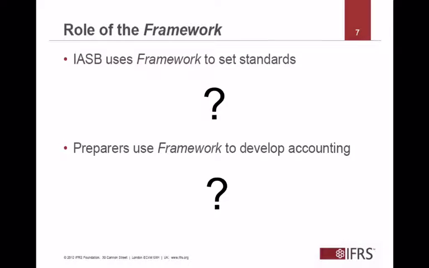Then remember also that IAS 8 hierarchy, which you will study later on during the year, but that hierarchy tells you that if you don't have a standard, you need to go to the framework. Strictly speaking, you should look for a similar standard first, but for the purposes of this discussion, let's say there is no standard on the particular economic event you want to account for. So think of the Volkswagen scandal we've been doing the case study on in class. That economic event, could you find a standard that would account for it? The answer, 100% right, is there probably are standards, but we assume that there isn't one.